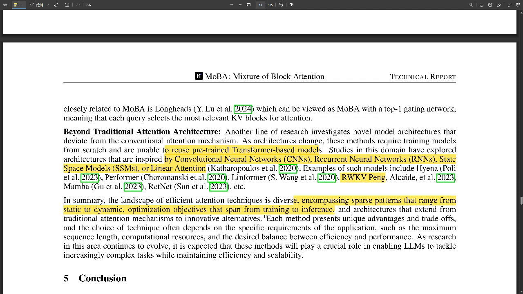Let's dive into some real-world examples of MoBA in action. The research mentions its use in Kimi Chat, an LLM that was specifically designed to handle long context conversations. Can you tell us a little more about how MoBA is actually being implemented there, and what kind of impact it's having on the user experience? Kimi Chat is a great example of how MoBA can push the boundaries of what's possible. This means that users can have more natural, in-depth interactions. So it's like finally having an AI that can follow a long, nuanced discussion without losing track of the thread. Exactly.